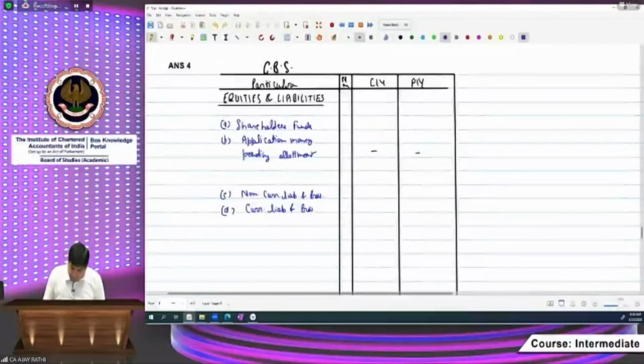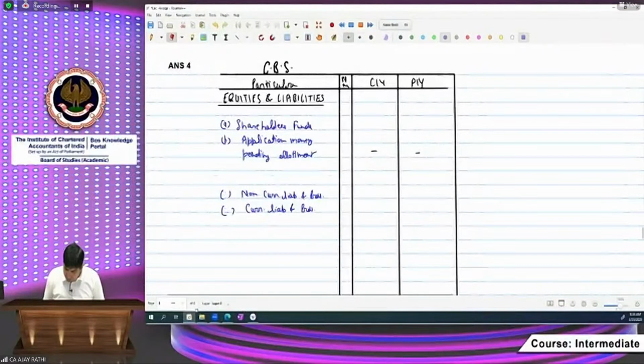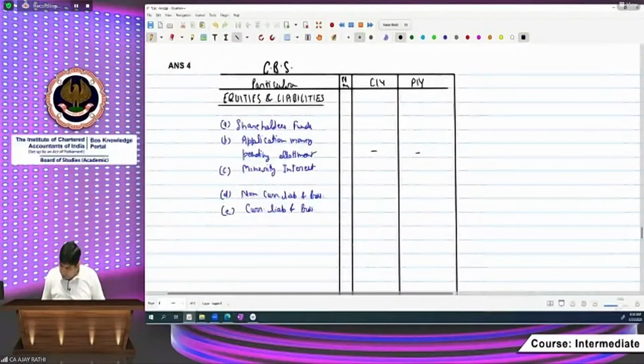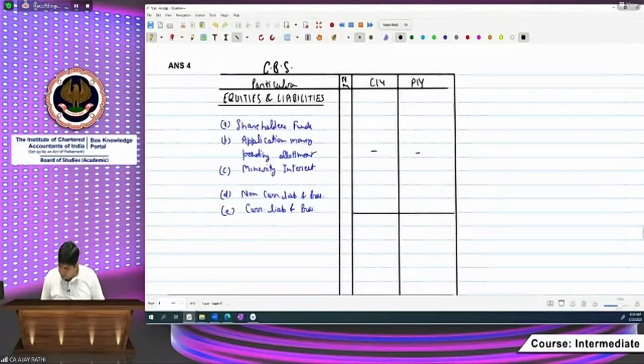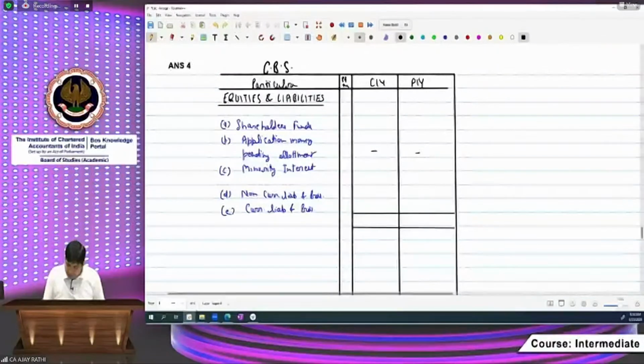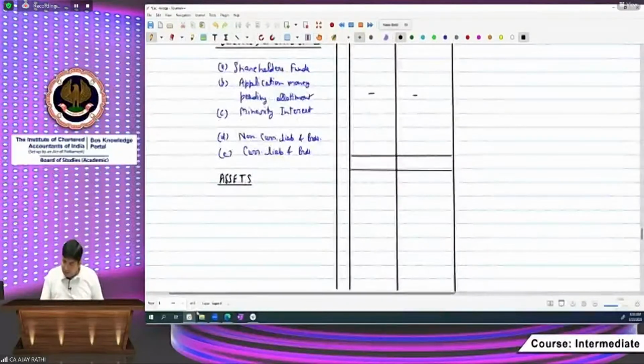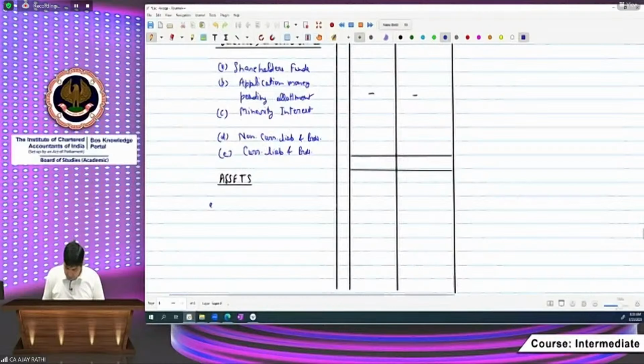Remember, another point is also there which we need to consider. See, that is minority interest. D and then E. Please prepare a format in the same way in which you should present your answer in exam. Assets. Writing may be different. The format will be the same. Assets. Then A,